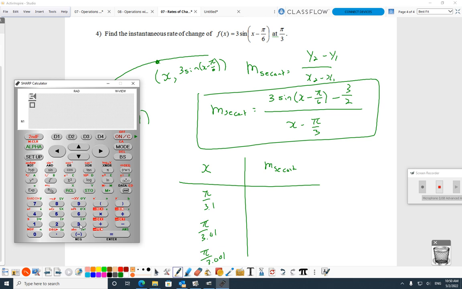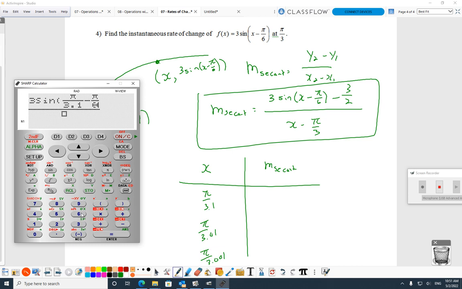Here's the numerator. 3 sine, open bracket, x, I'm using pi over 3.1, pi divided by, ooh, wait, does it do fractions in fractions? I don't know if this one does. Let's check. Backspace. Can I do a fraction inside a fraction? Oh, yeah. It's good. So nice. Pi over 3.1, pi over 3.1